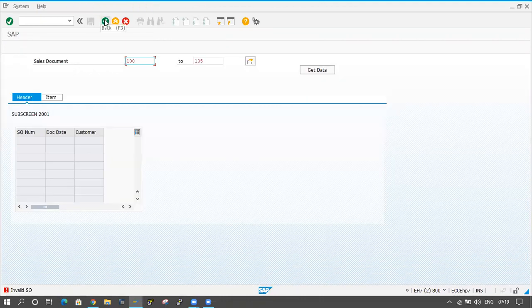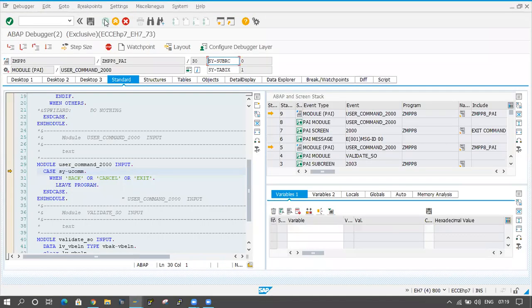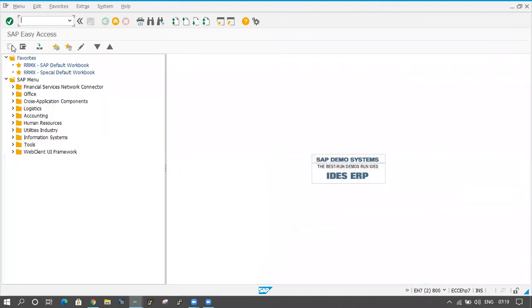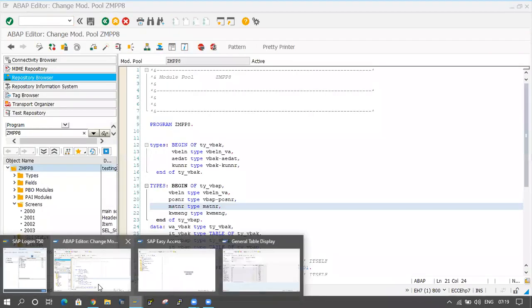I'm clicking on the back button functionality now. If I click on the back button, automatically it is coming to the AT EXIT-COMMAND I have applied here, right? So it is coming inside of that one. Click on the F5 button. The program is leaving here. So once I click on the back button, directly it is going.